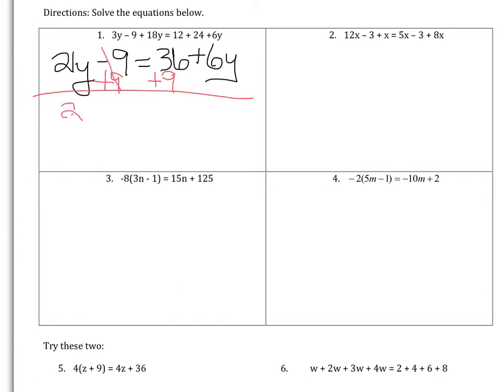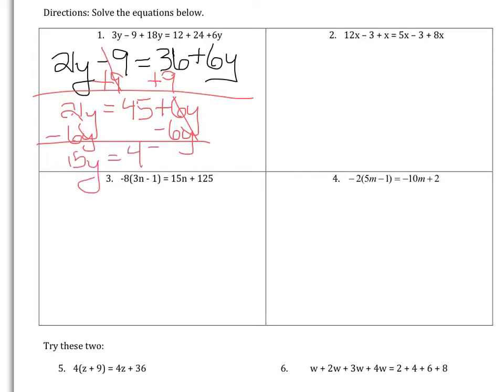I'll be left with 21y equals 36 plus 9 is 45 plus 6y. Now since I moved the numbers to the right hand side, I'm going to move the 6y to the left hand side. So I'm going to subtract 6y. 21y minus 6y is 15y